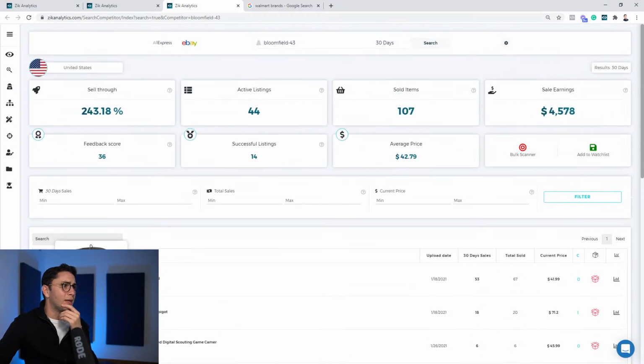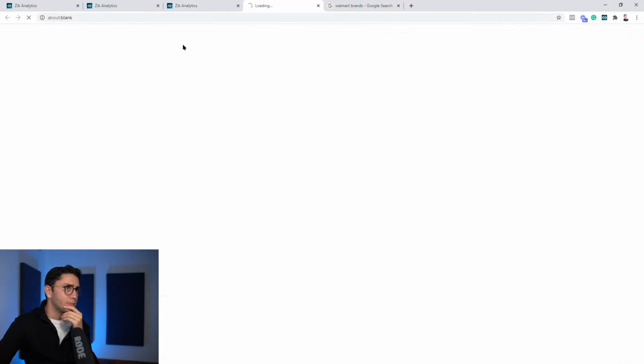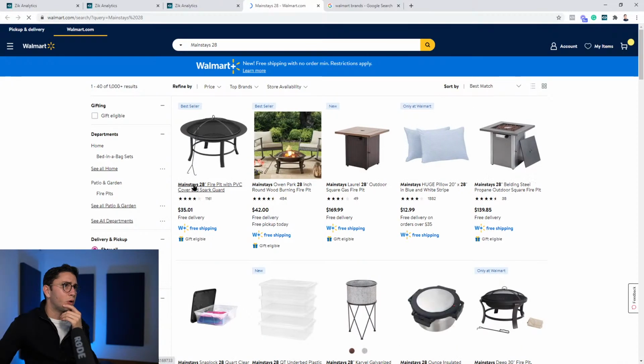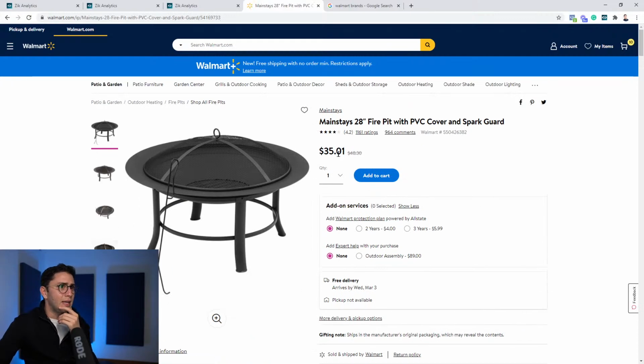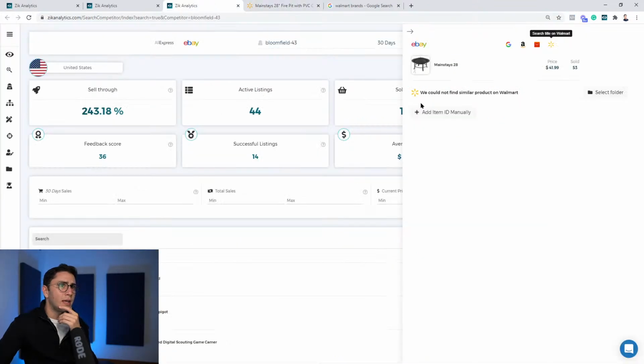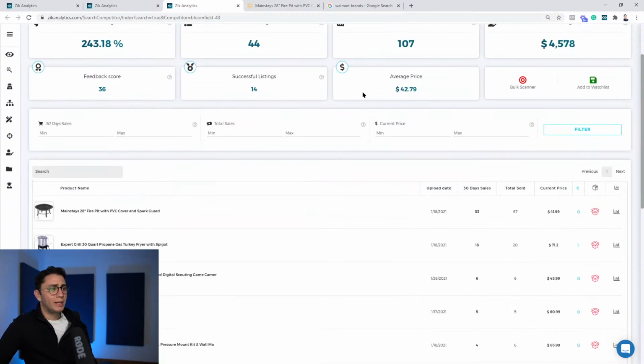The way you can use it right now is click here on the red button, click here on the Walmart button, and then you get to the product here. As you can see, the product sells for $35.01. You copy the product number, okay? You paste it here, and then you will have the item information, and you can also see the profitability. If you like it, you can save it to one of your folders. You have the products on your list. So this is what you're doing right now.